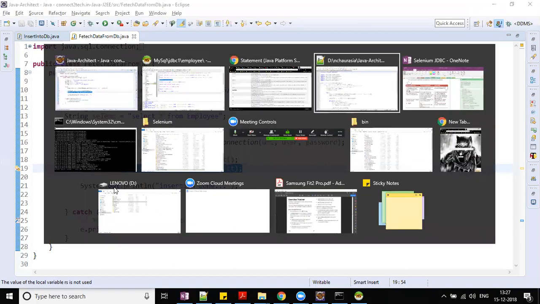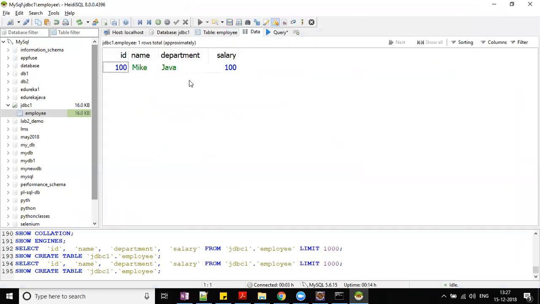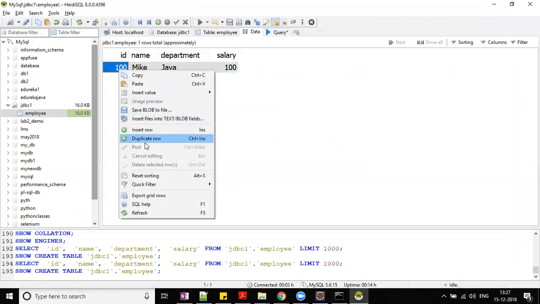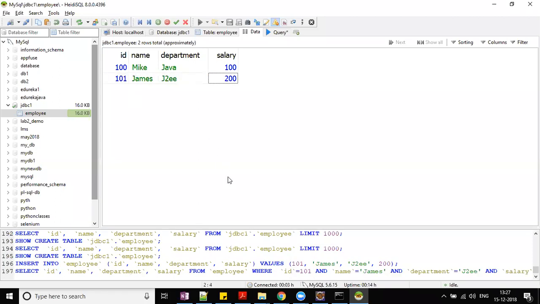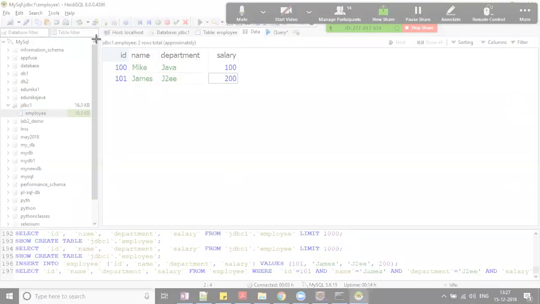So let me go, where is my database here? Let me put one more record here. I can right click and duplicate row, and I can make it 101, JMES, Java J2EE, and salary 200. Fine. Now, when you say select star from this one, and when you get the result set, it is sort of